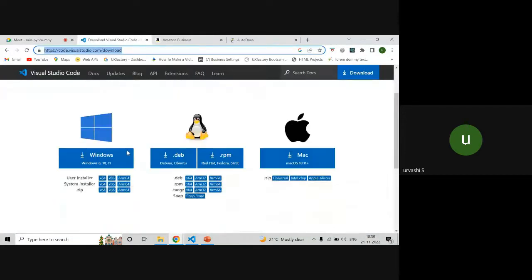So team, here you can see, just open this link. You will see three things: Windows, Mac, and this Debian RPM. If any of you is using a MacBook, you have to click on Mac. Linux, Mac, Windows, these are your operating systems. If you're using Windows, click on Windows. Those using Linux must know what Linux is, so click on that. Depending upon your operating system, you have to select.